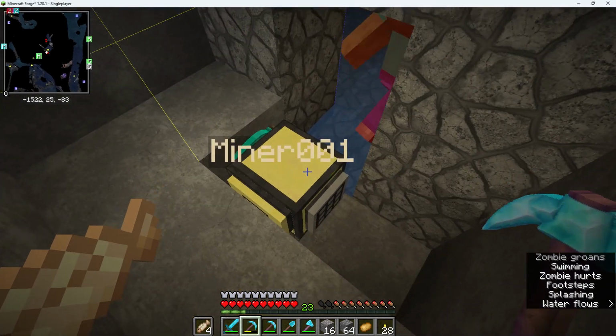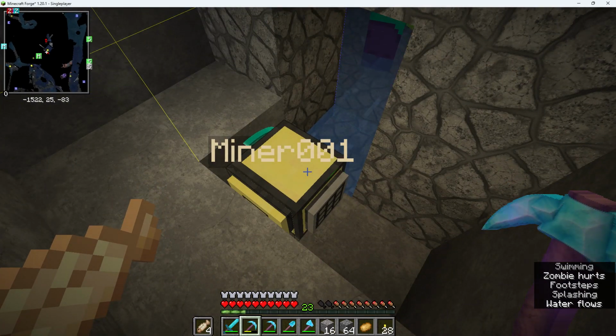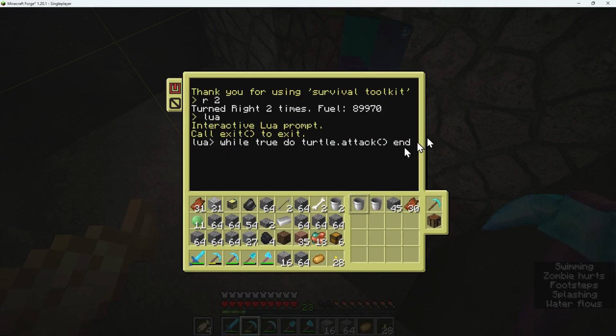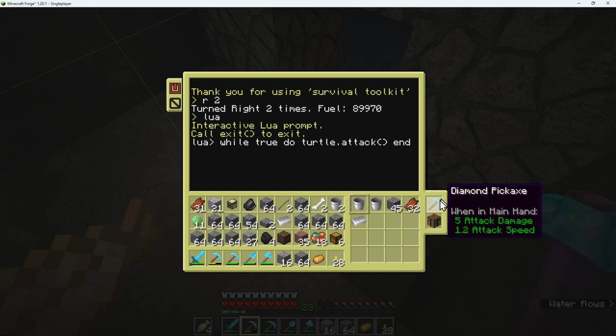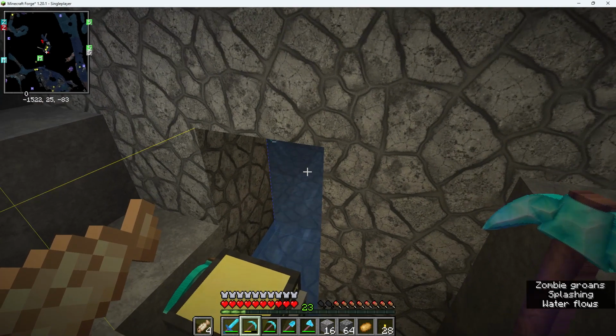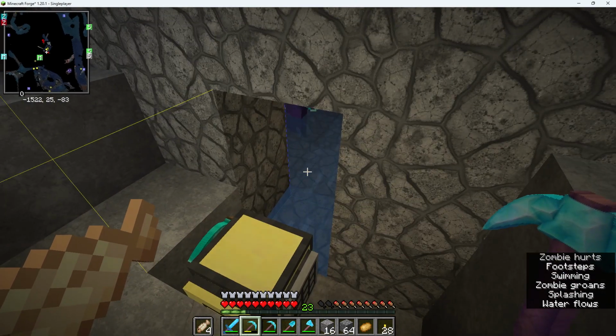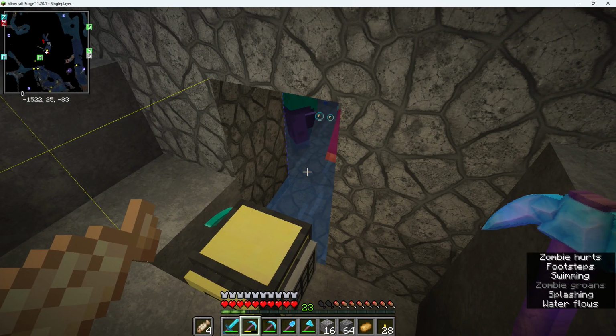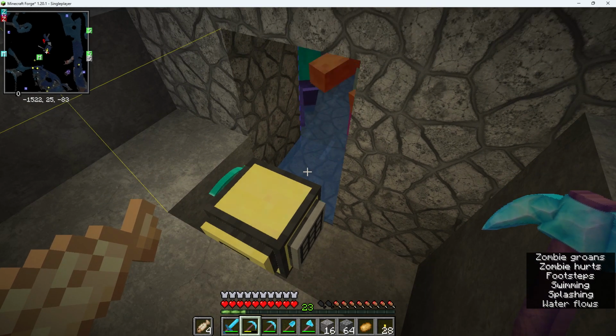But this couldn't be easier, and the code is unbelievably simple. Here we are, one line. While true, do turtle attack, end. That's it. It's a continuous while loop. It's just attacking constantly using the diamond pickaxe. And it's working. So that's quite bizarre. And we're getting all the experience